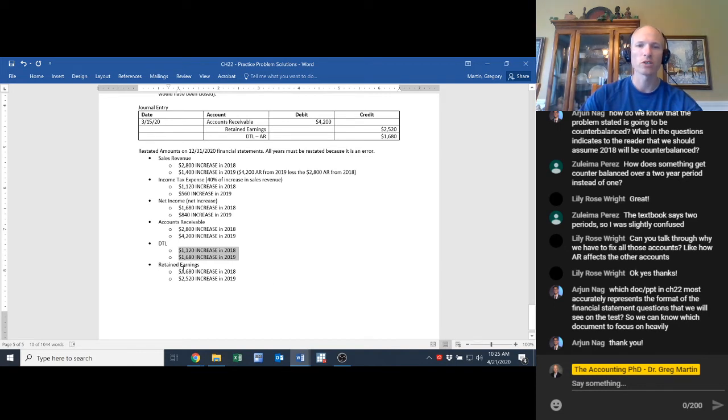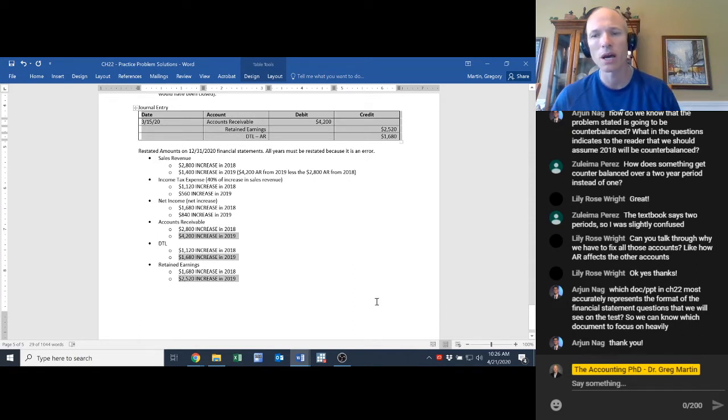And then with retained earnings, we're accumulating the after-tax effect, so the 1,680 plus the 2,520. But notice in all three of these accounts, it's the accumulated effect: the full effect for accounts receivable, the tax effect for deferred tax liability, and the after-tax effect for retained earnings. And notice that the accumulated effect is what finds its way into the journal entry. That's the 4,200, the 1,680, and the 2,520. Looking up at the journal entry, that's where we get all those numbers. But again, that's probably the one, if you were going to get a little bit hung up, where that would have happened.